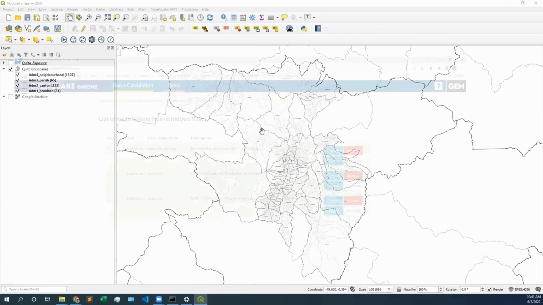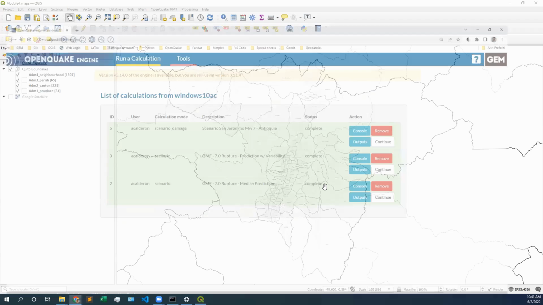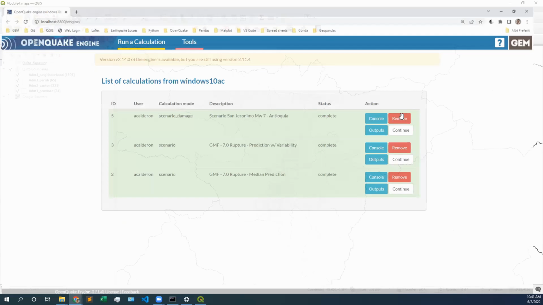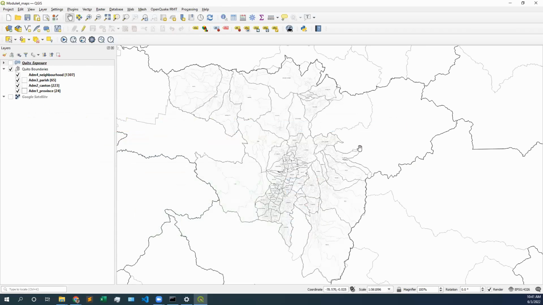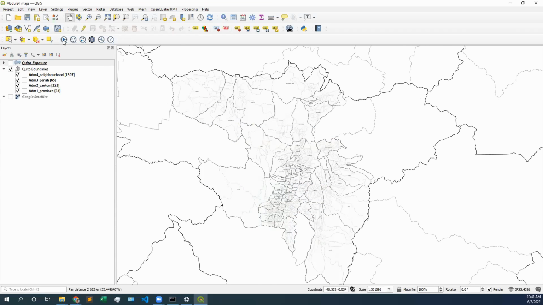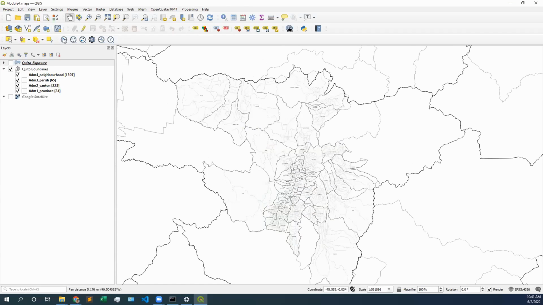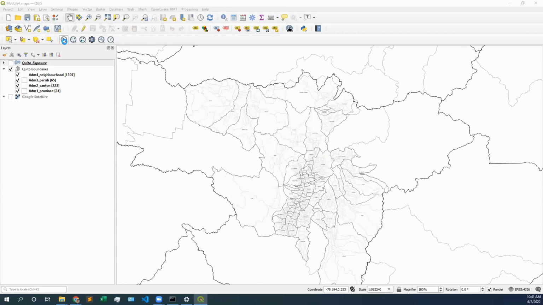We're going back to the QGIS project, and we're going to use the plugin to run the calculation today. So in previous exercises, we have seen how to use the web UI. Let's run a calculation from the plugin today. We're going to click on the play button. This button right here is the little blue and white play icon that we have. I click on play. This is going to bring the plugin interface that we can see right here,